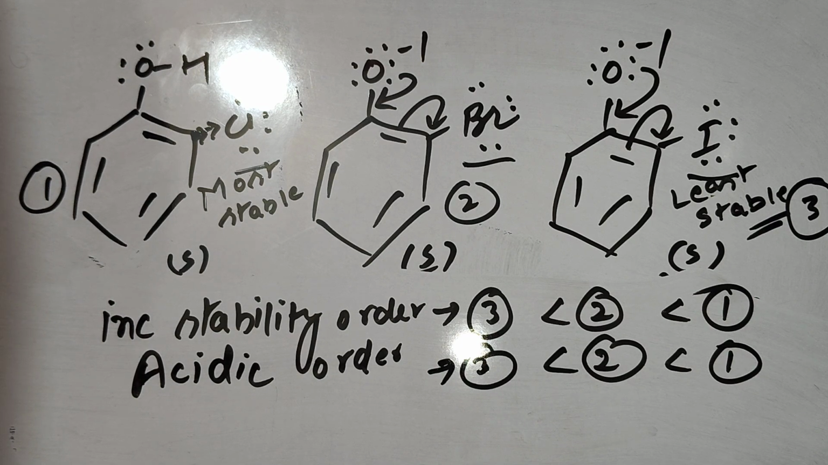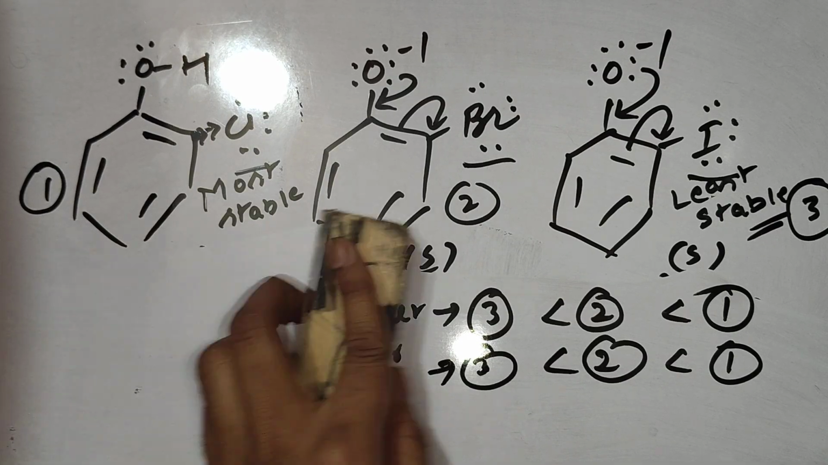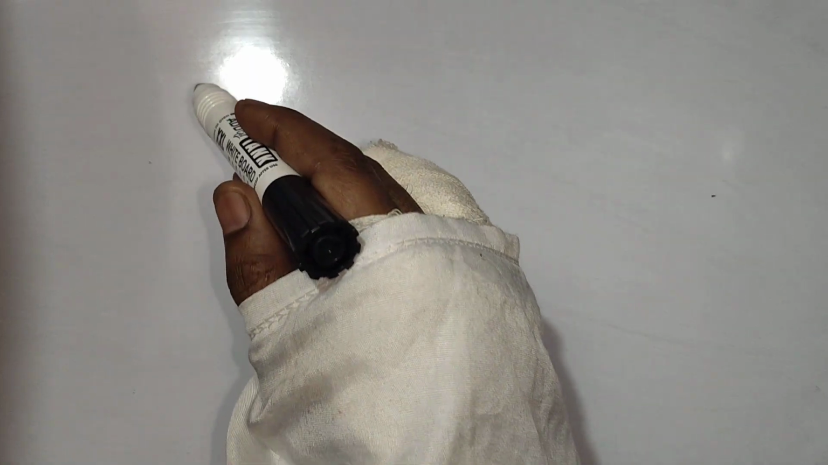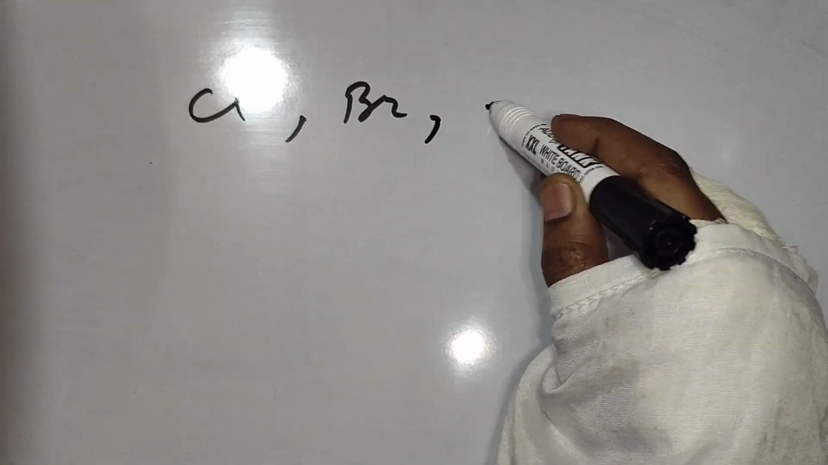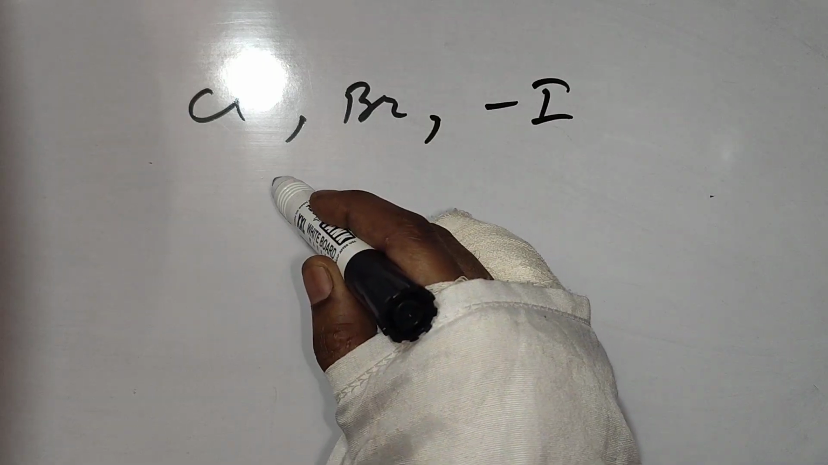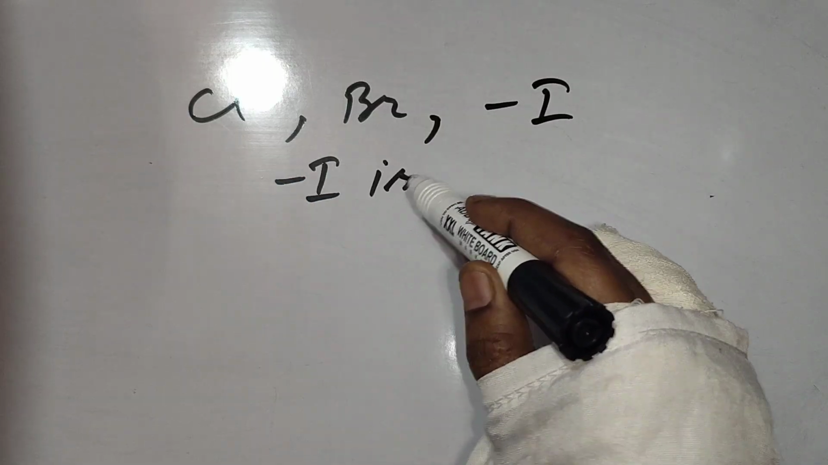Now let's come to the question again. That's final. This is the end of the comparison of this video. Let's try to find out the answer. Why in chloro, bromo, iodo is minus I dominating